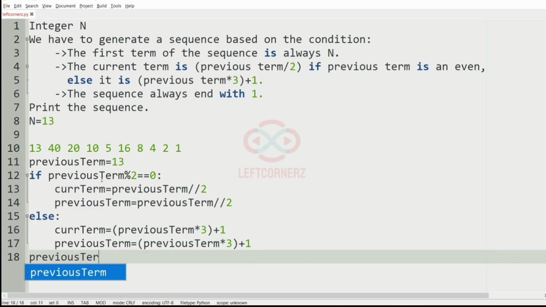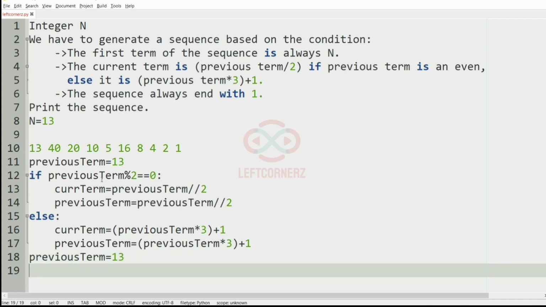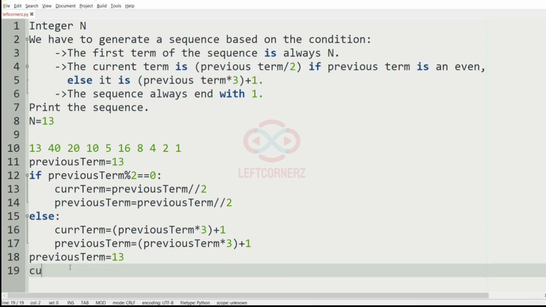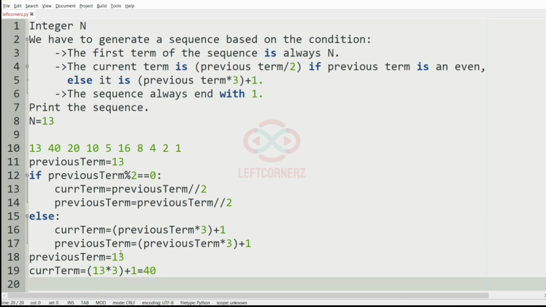Previous term is equal to 13, and now it is an odd number, that is, it is not even. So for that, the current term should be equal to the previous term multiplied by 3 plus 1. So that is equal to 40, and now the previous term becomes 40,